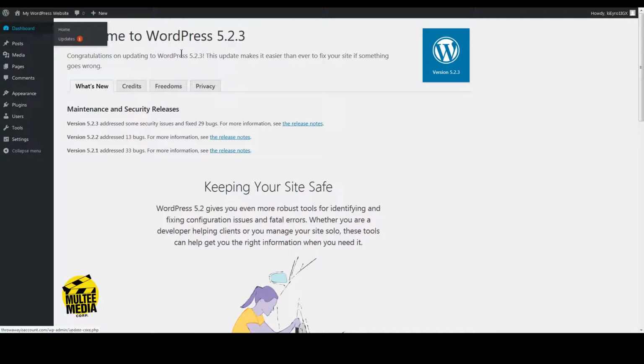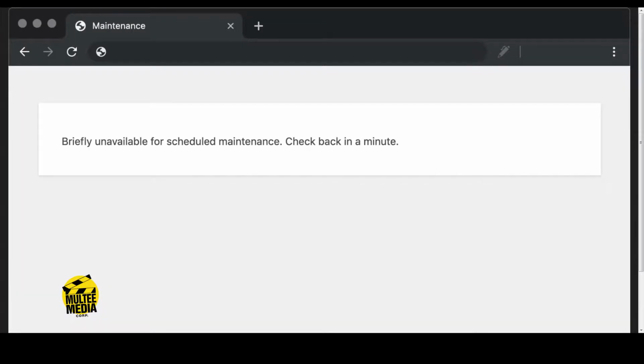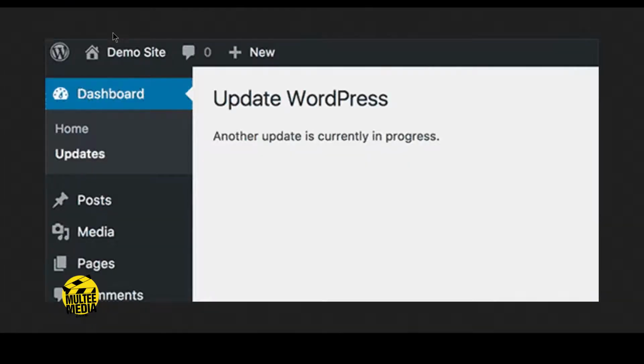What can happen though instead is that your installation gets stuck, and it will get stuck on the updating screen and it won't do anything. If you try to go to your website, you will see this message: briefly unavailable for scheduled maintenance. Check back in a minute. And you won't be able to get out of this because it's stuck there. You may also see this screen: another update is already in progress, if you try to redo the update,